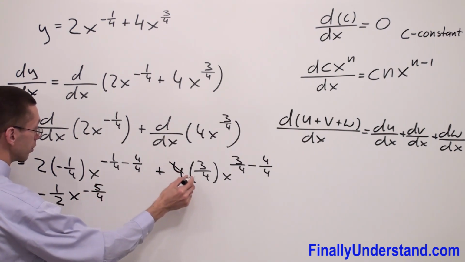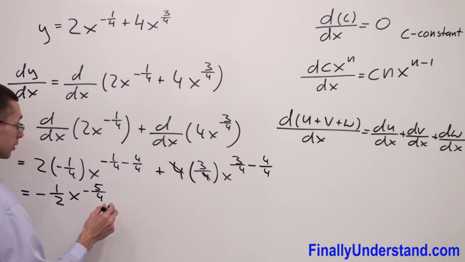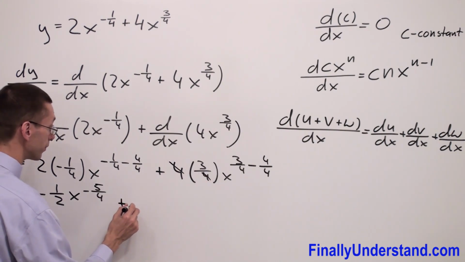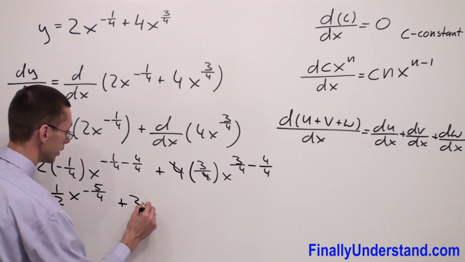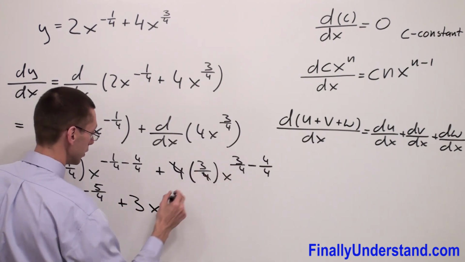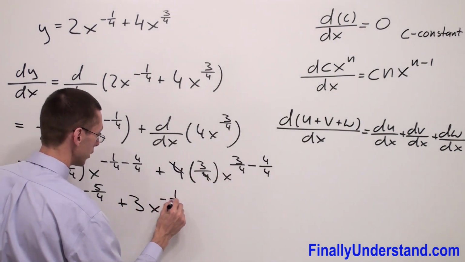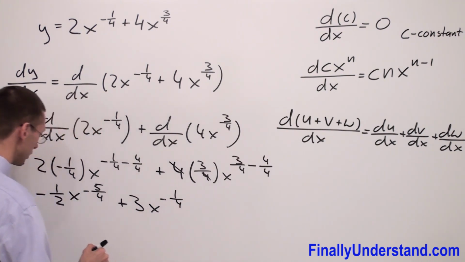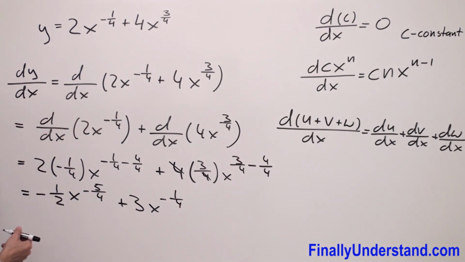4 and 4 will cancel out each other, and I'm going to have plus 3x to the negative 1/4. Okay, this could be your answer, or you can write it as negative 1/2 x to the 5/4